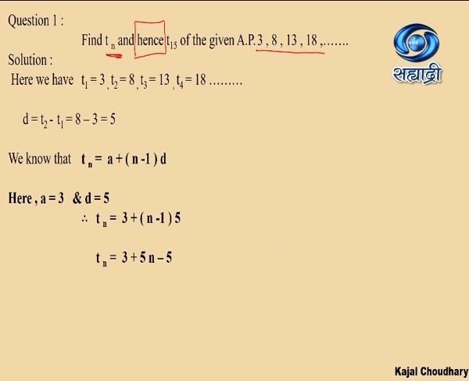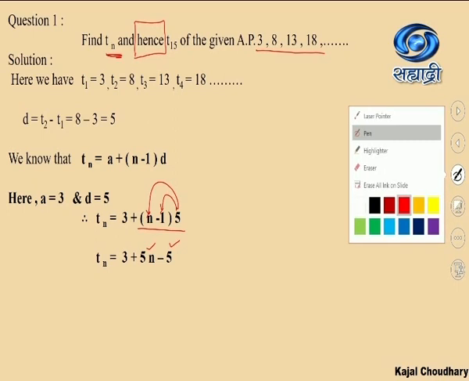Now, here we are opening the bracket. I can just show you in one of these particular questions. Rest of the questions you can do it. Now, this is a binomial times a monomial. So, 5 will first be multiplied with n. When it is multiplied with n, 5 into n, we will get 5n. Then 5 will be multiplied with this minus 1. So, 5 multiplied by minus 1 will be minus 5. Hence, we are going to get 3 plus 5n minus 5 here.